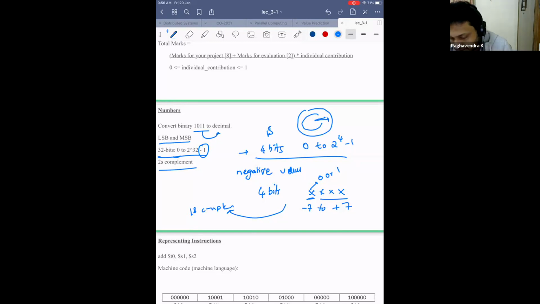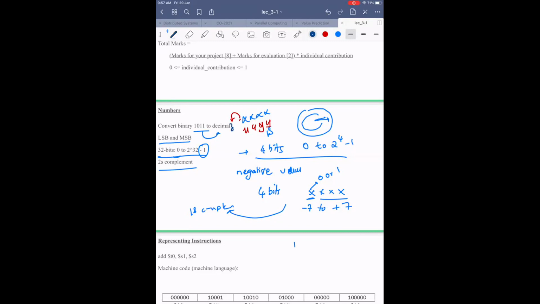What should I do with the carry out? Let's say I did an addition, right? Let's say I did x plus y. So these are 4 bits, and both are in 1's complement. And let's say after doing an addition, I got one carry, say z. What do I do with this carry? Discard. Yeah, 1's complement, man. So add it to the LSB part. Why? Okay, you guys are really